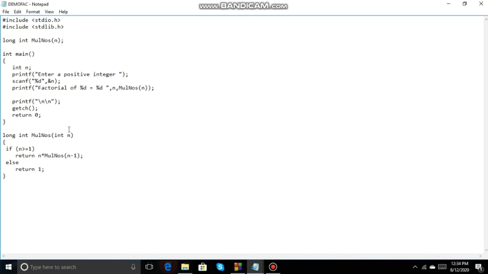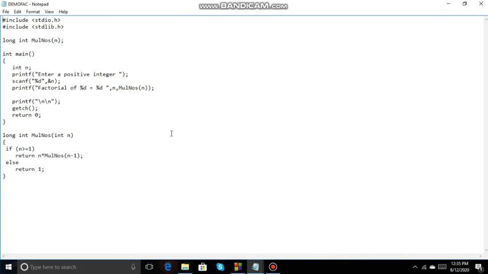When it is calling with 0, the condition n greater than or equal to 1 is not satisfied because it is 0. It will come to the else and return 1. So it will return 1 and go back to the calling functions again and again, and finally come back to the main call from here. So the value 24 will be coming here, and you are printing the factorial of the number. When you enter the number 4, the factorial after the return from the function will be 24, and that value will be printed here.